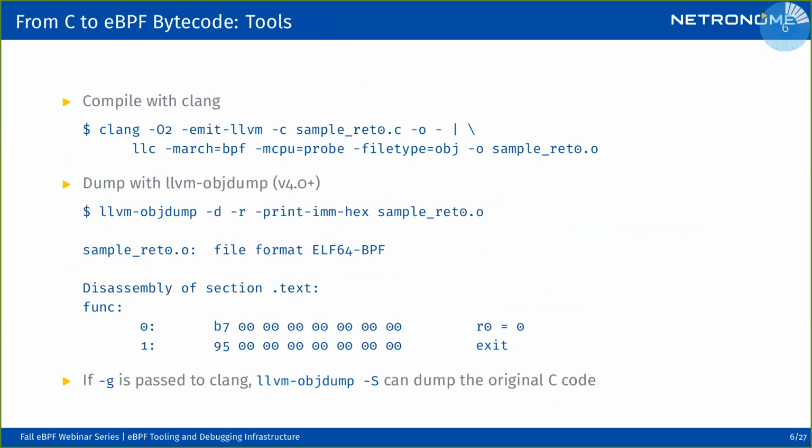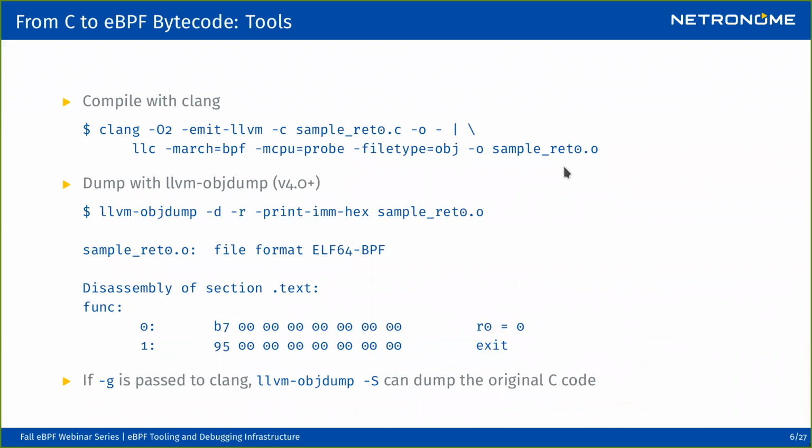So the first tool that we would use is obviously Clang, which comes with LLVM, which is used to actually compile our program from C code. So I would use that command, for example. I would use Clang to emit LLVM instructions from my C program and pipe it into LLC, which is a tool coming with LLVM also, and tell it to produce BPF. I have a number of options here that are usually useful for compiling it to BPF bytecode. And at the end, I want to produce some ELF object file that will contain my BPF bytecode in one